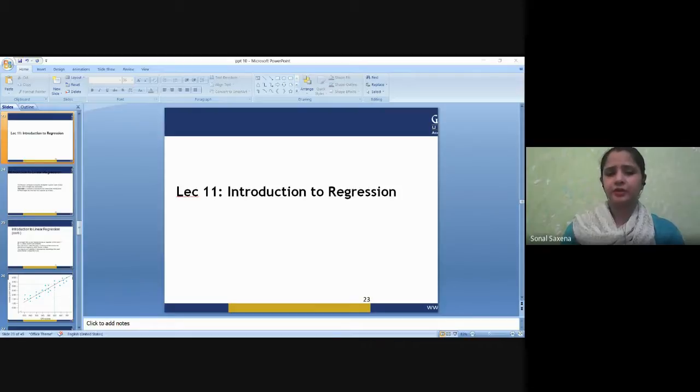Now, these regression estimates are used to explain the relationship between one dependent variable and one or more independent variables. The simplest form of regression equation with one dependent and one independent variable is defined by the formula y = c + b * x, where y is the estimated dependent variable score, c is the constant, b is the regression coefficient, and x is the score on the independent variable.